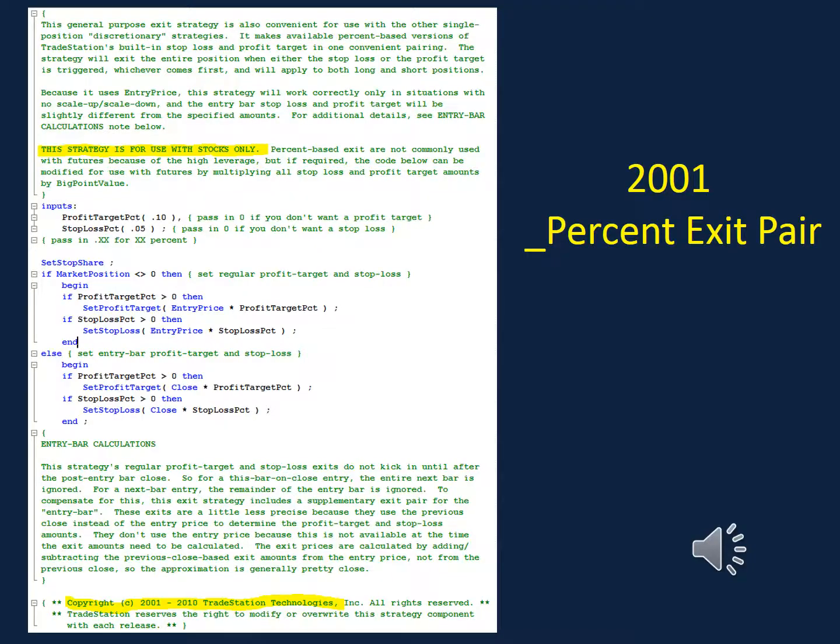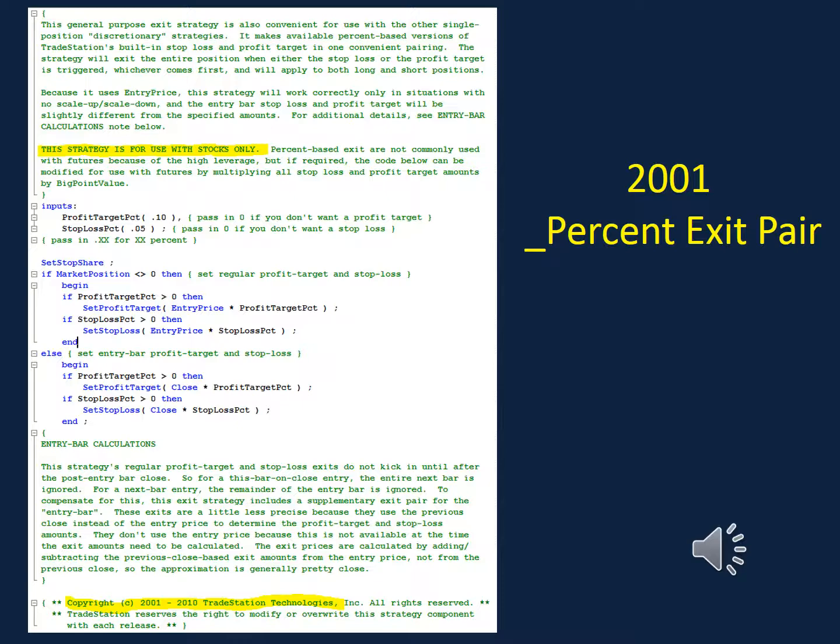Of course, the question comes to mind, well, Joe, if you wrapped the original stops and targets into Razor with ribbons and into shapes, how come you didn't wrap it into BarNone? Well, I did that intentionally. I didn't think they were going to overwrite it because they haven't overwritten it for 17 years. But the reason I did it intentionally is because BarNone can also be used for stocks. And because it's used for stocks, I wanted to be able to use the percent exit pair in lieu of the dollar stops and targets.